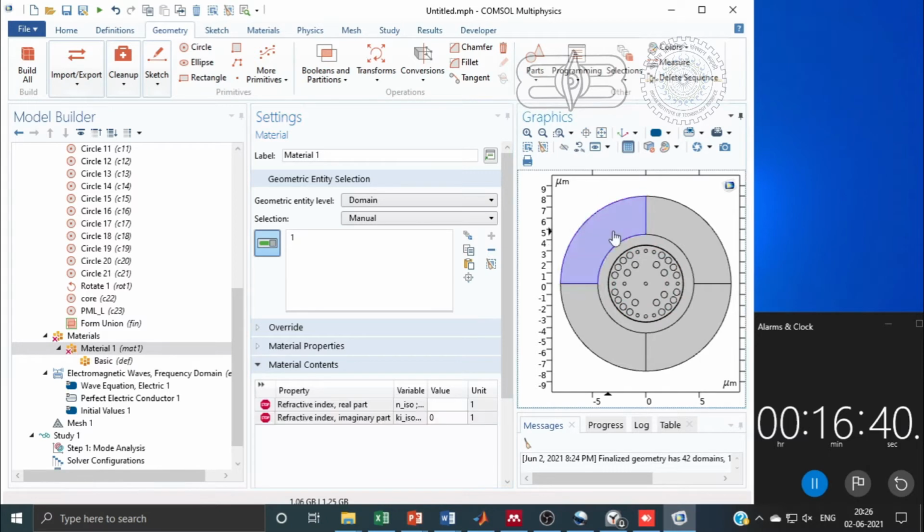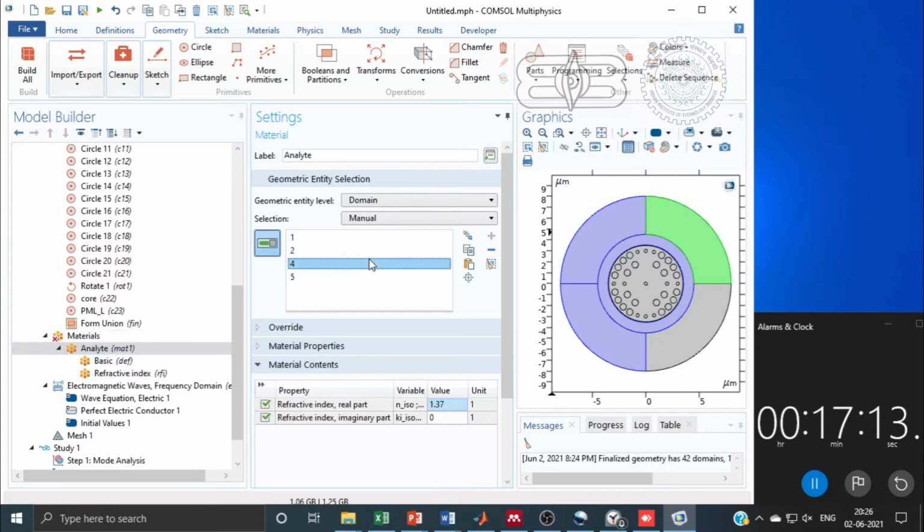Now first we have to add the selection. We can see that the PML layer and analyte layer share the same boundary, so the analyte and PML layer will have the same refractive index. That's why we have added all these PML layers and the analyte layer with the same refractive index, that is 1.37.